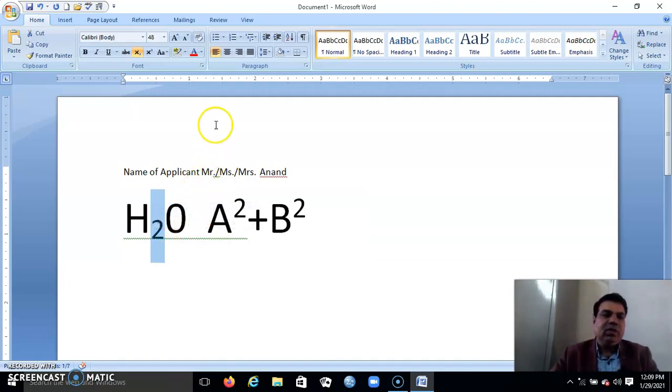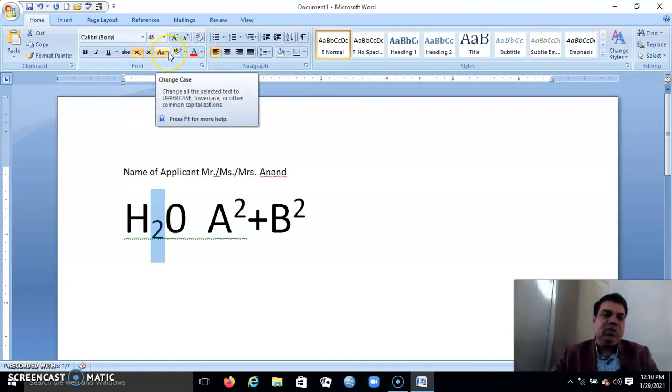Now dear students, you have learned how to start Microsoft Word, how to use the Office button, how to use the Quick Access toolbar, how to remove and add some items like the shortcuts for saving, undo, redo, open in the Quick Access toolbar. And after that you have learned how to change the font, change the font size, make a text bold, italic, underline, strikeout, subscript, superscript, increasing and decreasing the font size, and clearing the formatting.